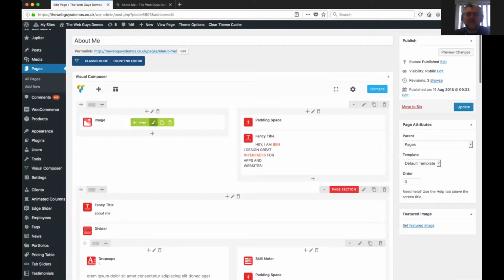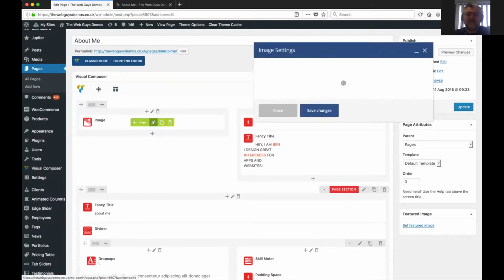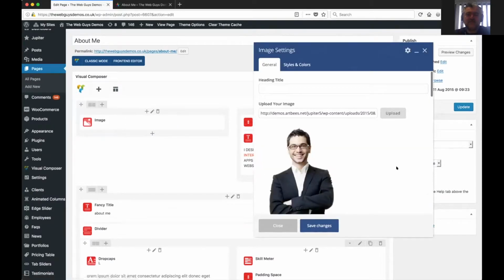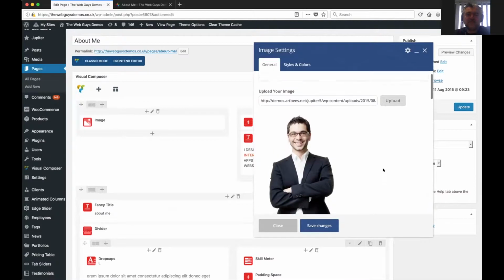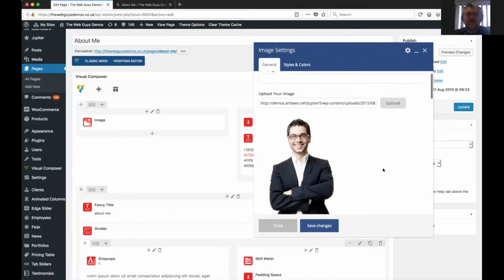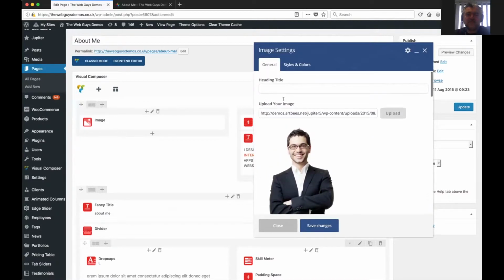This one here is an image block. I click edit on that one. You can see that the main thing contained in this block, of course, is the image itself. But I wanted to show you how images are uploaded and where they're stored. So it says here, upload your image, and there's the page address of the image. But if I click upload,